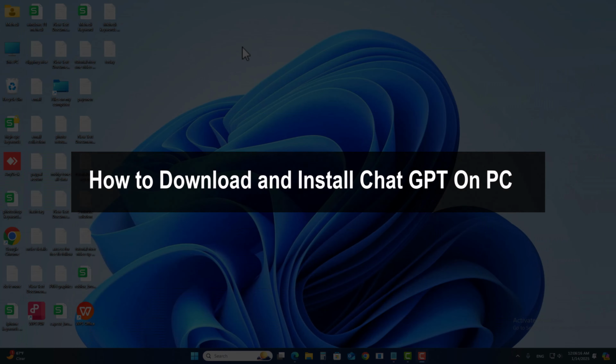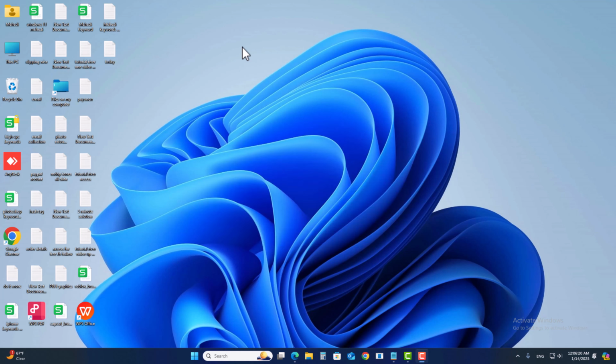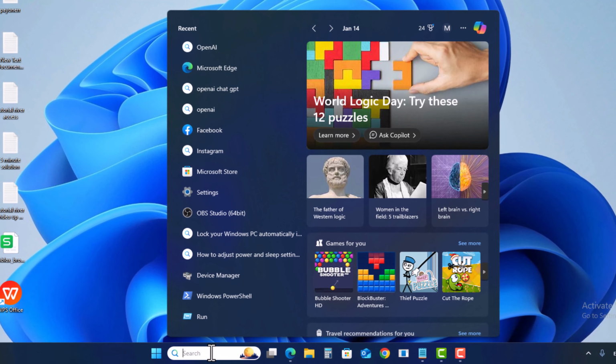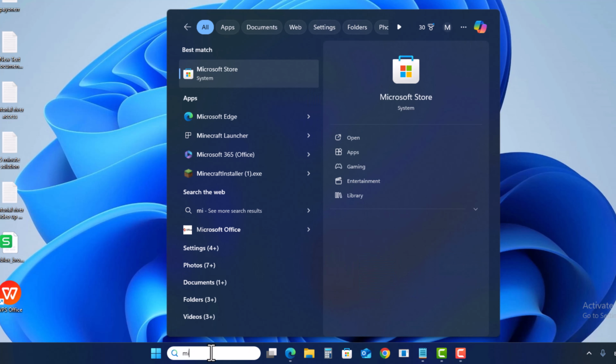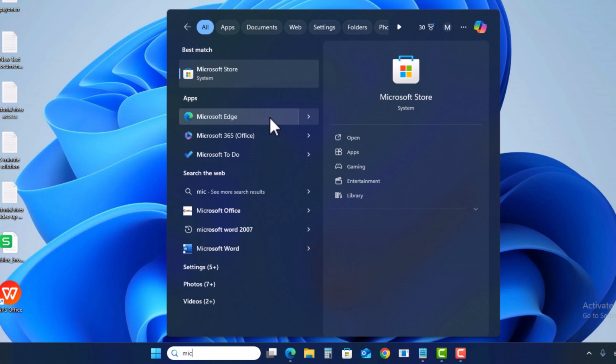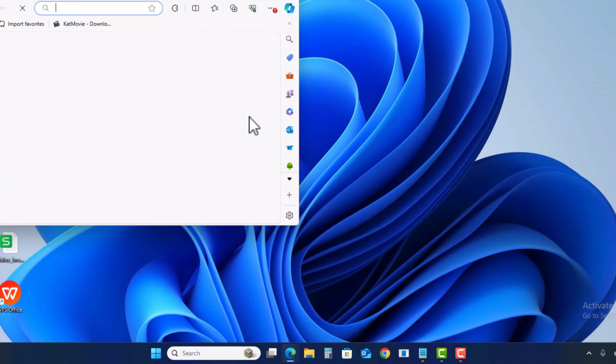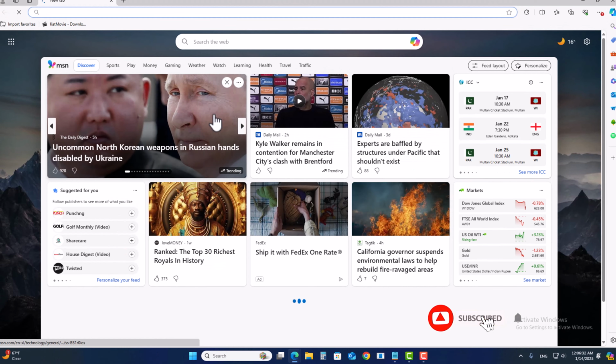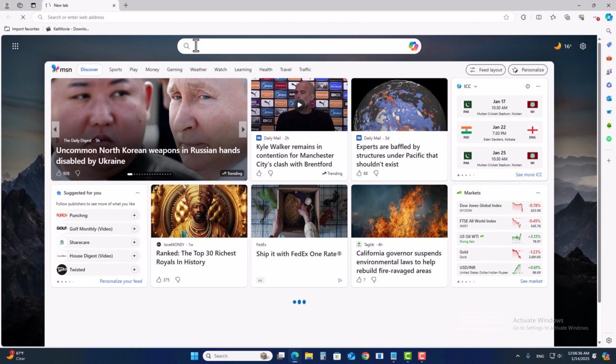Hello everyone, today I will show you how to download and install ChatGPT on your PC or laptop. So go to your search option, search for Microsoft, and you just open this. Go to search option, search for OpenAI,